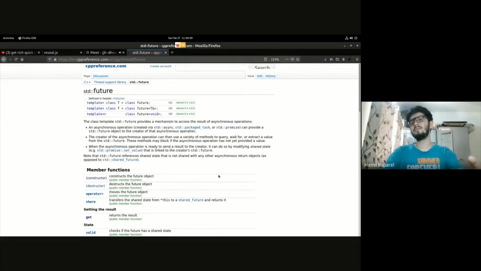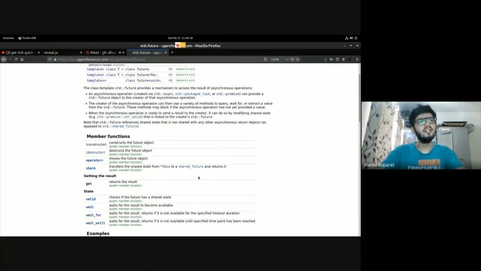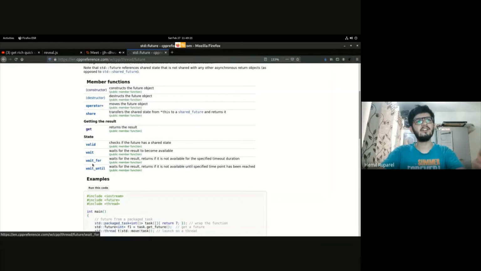If it exceeds that particular timeout, then you can cancel that operation using the future. So future has wait_for, which takes in a timeout, and after that it will just return with a failure status. So that you can use.